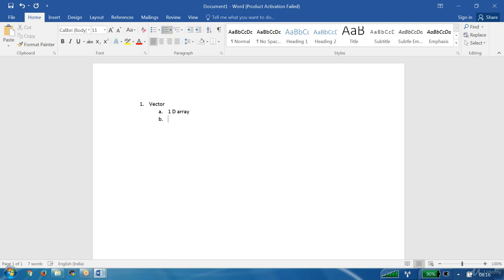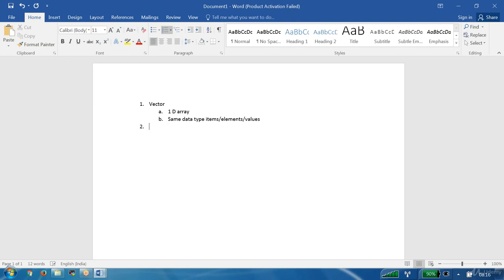Some people say value, element, or item. Those items should all be of the same data type. That is the second point you have to learn about the vector.